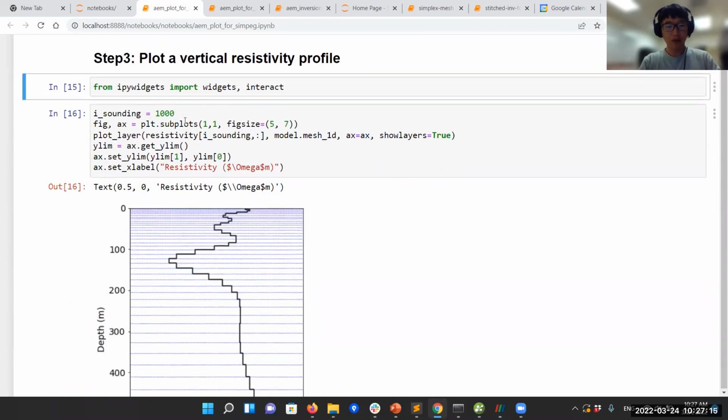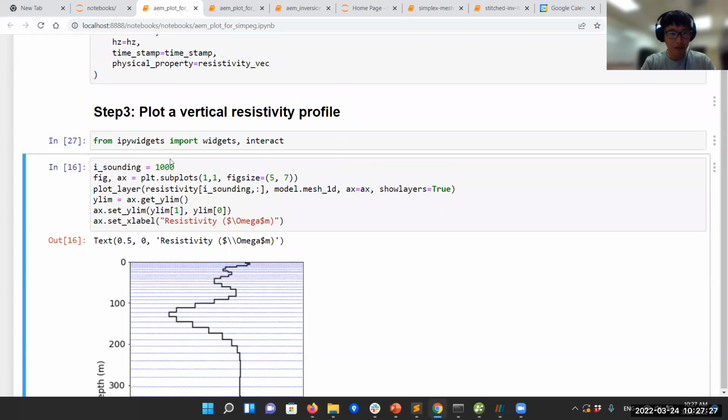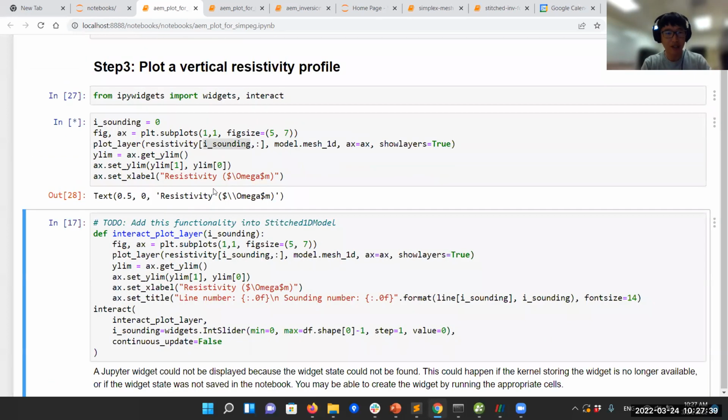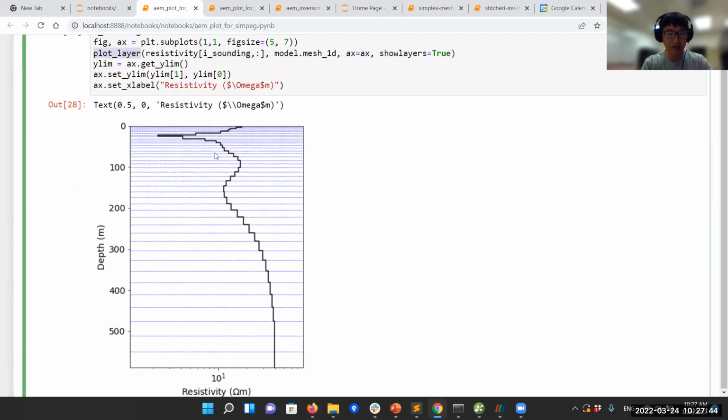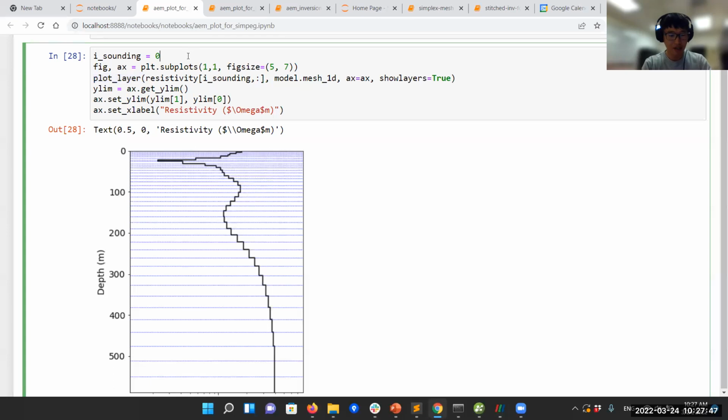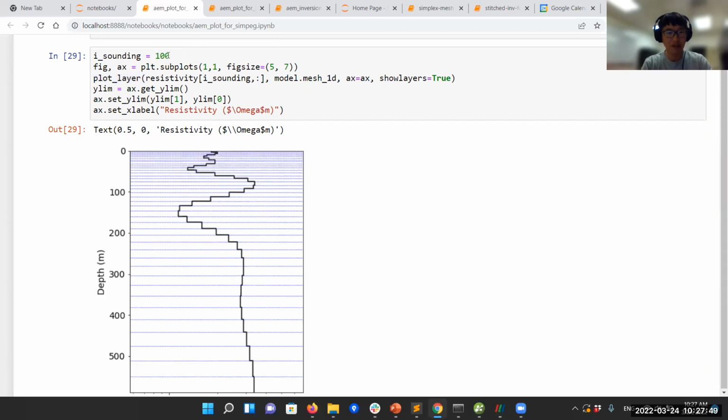As I said, for each sounding point, we have a resistivity model. So a natural pathway: let's look at a sounding location and plot it up as a function of vertical profile. Let's start with sounding number 0. Resistivity was ordered as number of soundings by number of layers. So you can just put the I sounding and plot it up. You can use this plot layer function to plot the vertical profile of the resistivity. You can change the sounding number, and you can see